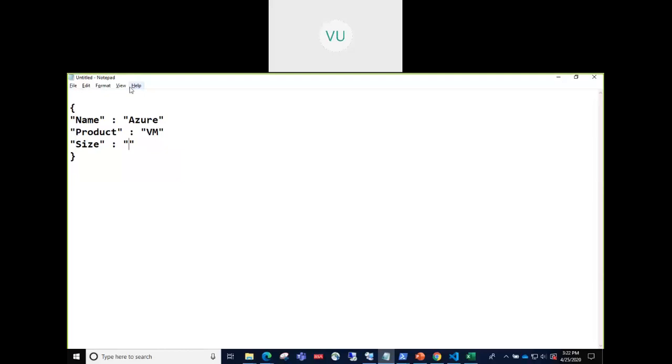Let me define something, size as Standard B1. And then it depends on resources, right? We saw this tag there. So this depends on, and if it has multiple child parameters, you again need to define curly braces. It's like a JSON under a JSON, and then you define the child parameters like this, again key value pairs. So this is how you define the hierarchy and the structure of JSON.